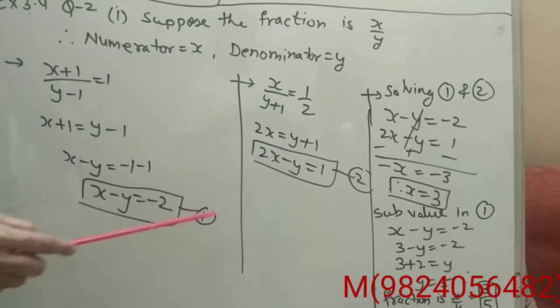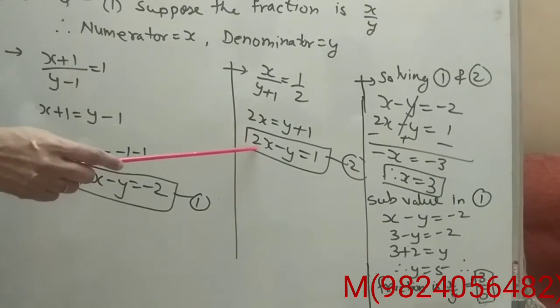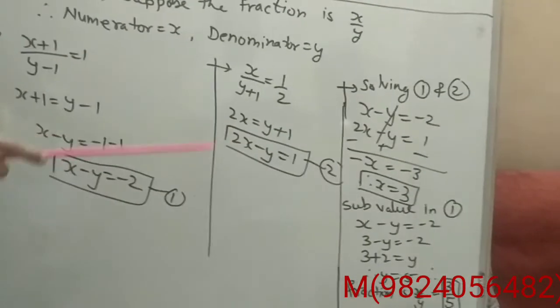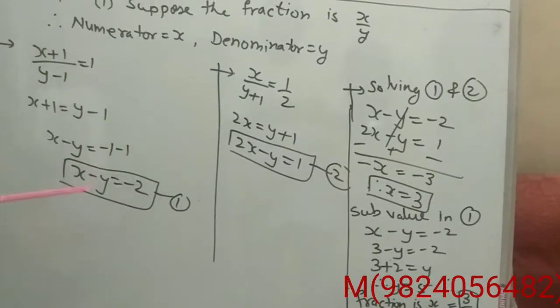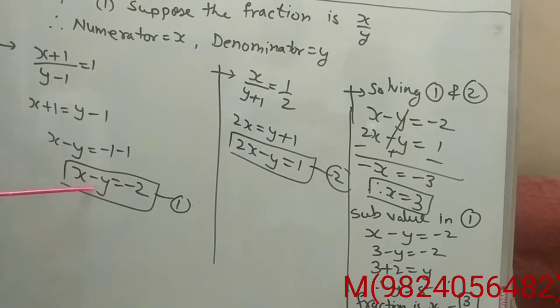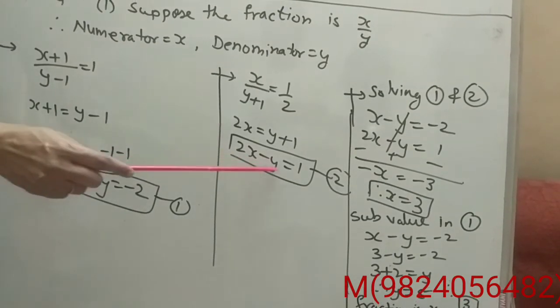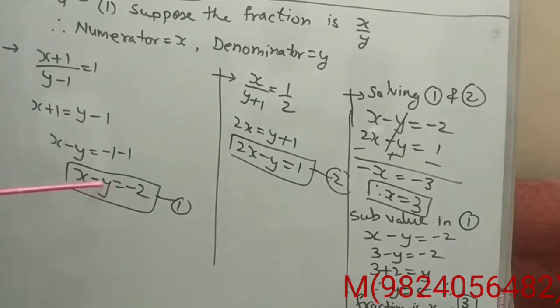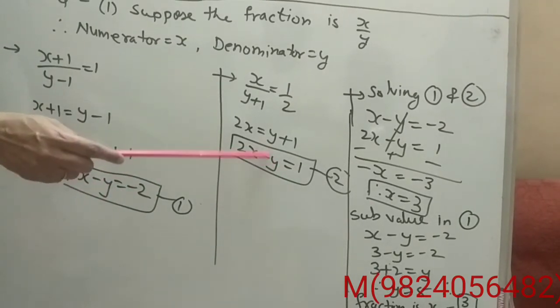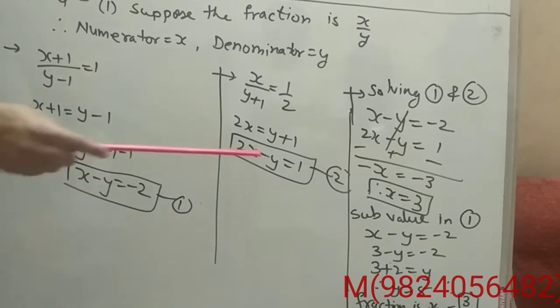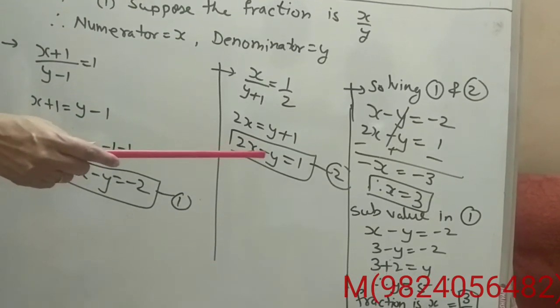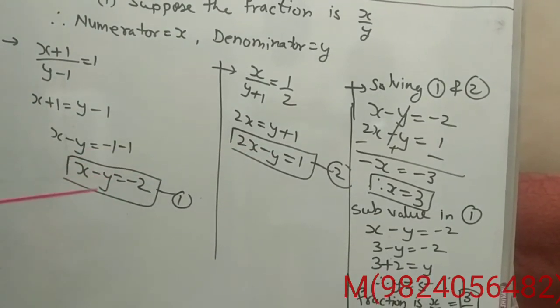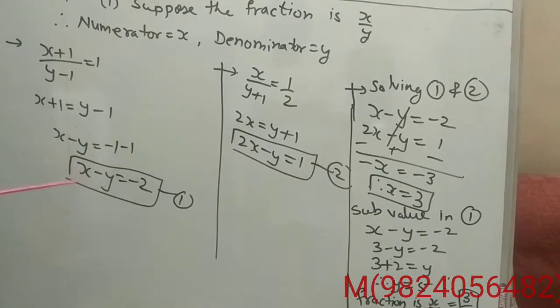Now you are having equation 1 and equation 2. You have to solve. But you can see in equation number 1 also minus y, and equation number 2 also minus y. That means the coefficient is minus 1, the coefficient is minus 1. The coefficient of y in both, where there is nothing in front, means 1. So there is no need to make the variable equal. If you want to do, you can.